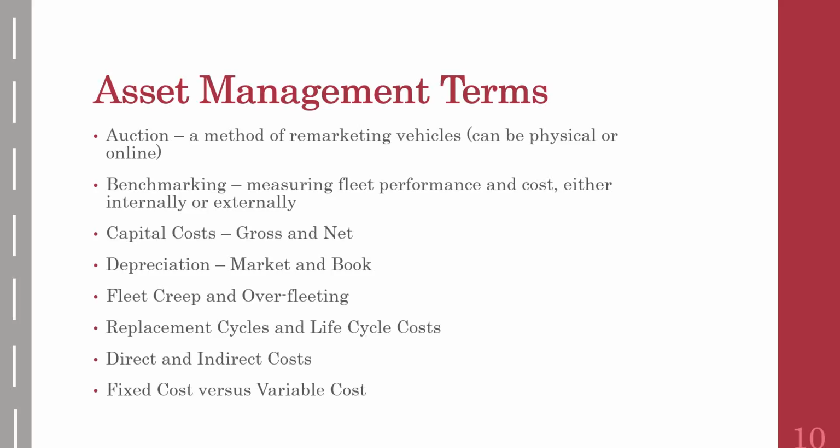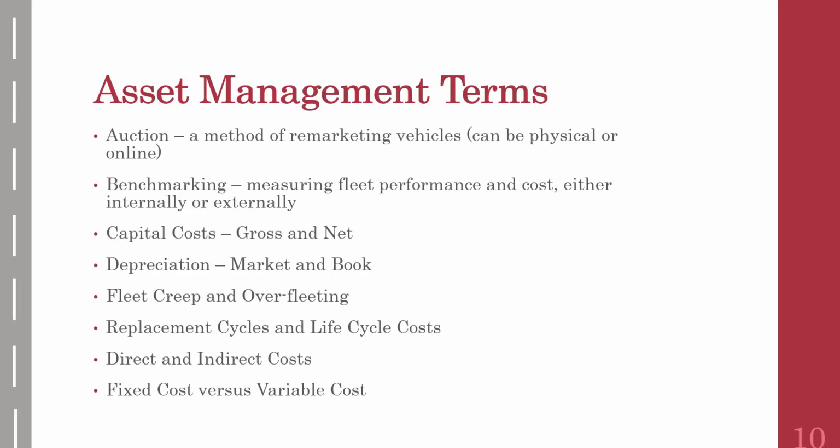Now, direct and indirect costs are related in that direct costs are costs in your fleet that you can assign to a particular vehicle. So you know that the oil was changed in vehicle 1, 2, 3 and it costs $50. That's a direct cost that you can tie directly back to that vehicle. Now, indirect costs would be, say, the cost of purchasing a fleet management information system, where that cost is spread out over all of the units of the fleet and can't be tied to one particular asset.